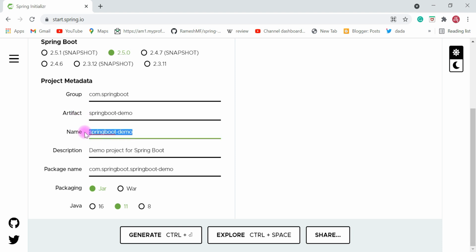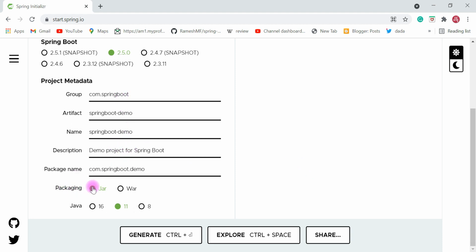This is the name of the Spring Boot project, and description: demo project for Spring Boot. Package name: com.springboot.demo. Alright, you can configure these details as per your convenience, but I will keep it as simple as possible.